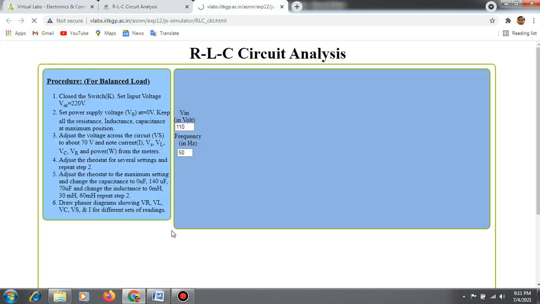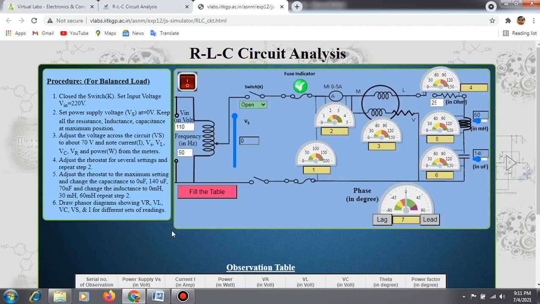Now this page shows the RLC circuit analysis. This is our circuit diagram and this is the procedure to be followed for performing this experiment. Here this is the resistor R, this is the inductor L and this is the capacitor C.